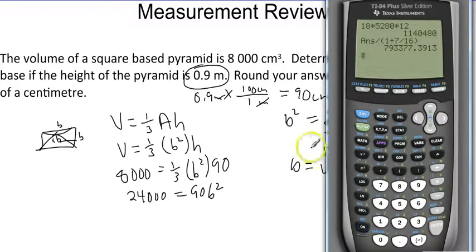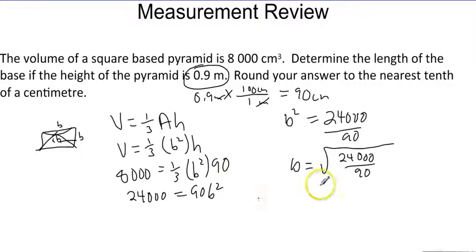Calculator on, clear. Second root 24,000 divided by 90, enter. 16.33, round your answer, so b is 16.3